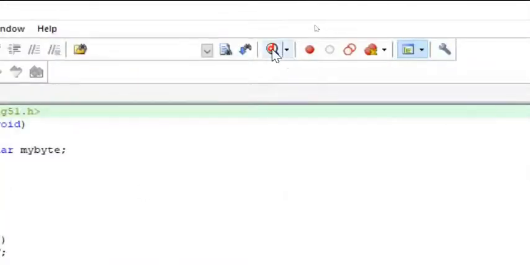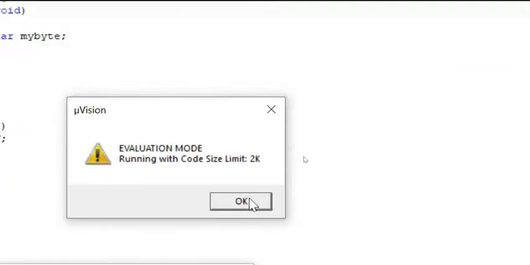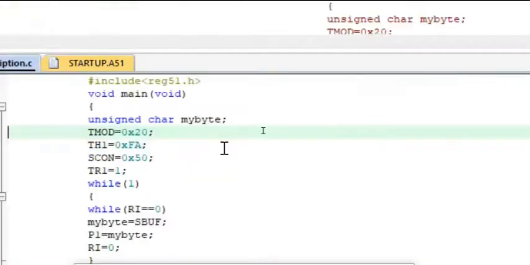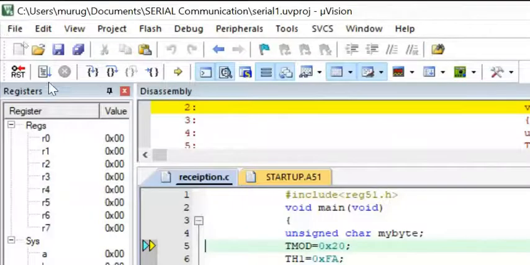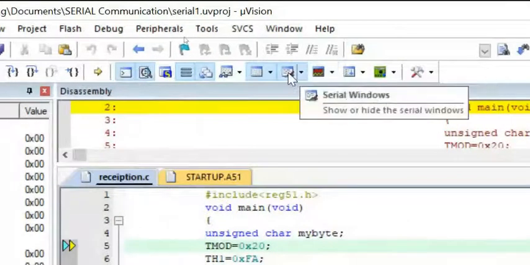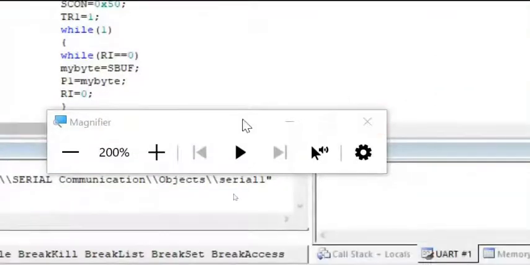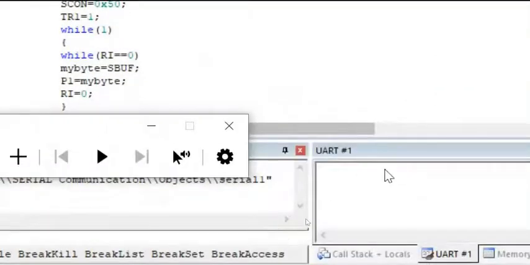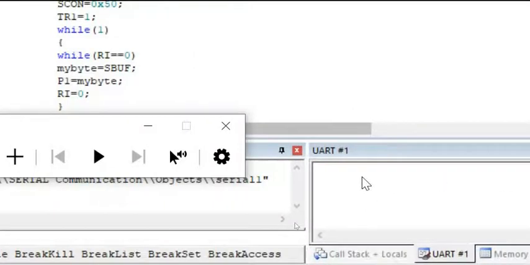Now run the program. Before giving the run option, select the serial window. Just click on this serial window. The UART window will appear at the bottom of your screen. Here you are going to type some characters.